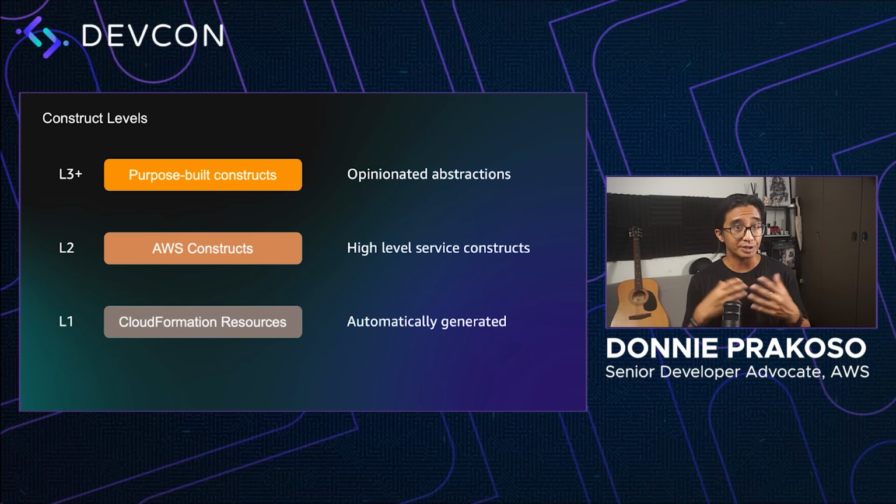These constructs are simpler and require very little input to generate complex CloudFormation templates, and they can have many defaults and opinions. L3 are opinionated abstractions that are created by AWS, for example, creating an ECS service with ALB and VPC. This is the level where you will create your own abstractions that can be reused.